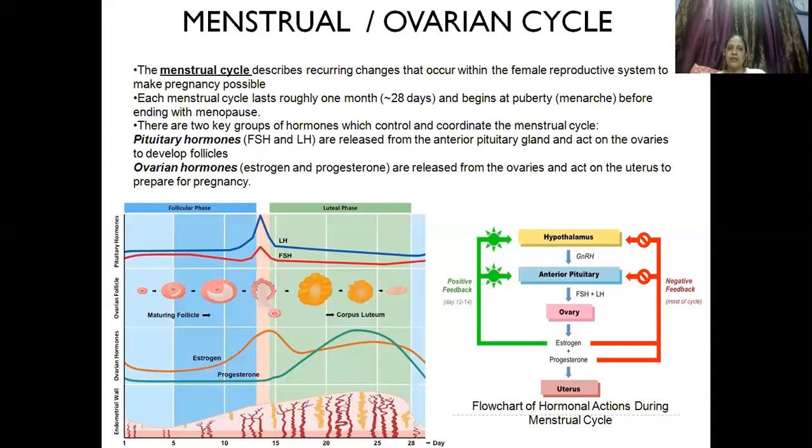In a similar way, simultaneously, the estrogen and the progesterone are also released, which help in the development of the uterus. That means the endometrium, the inner lining of the uterus, needs to get developed so that the pregnancy sets in. Now here in the diagram, you could see the follicular phase and the luteal phase shown. Okay. Now we go a little ahead.